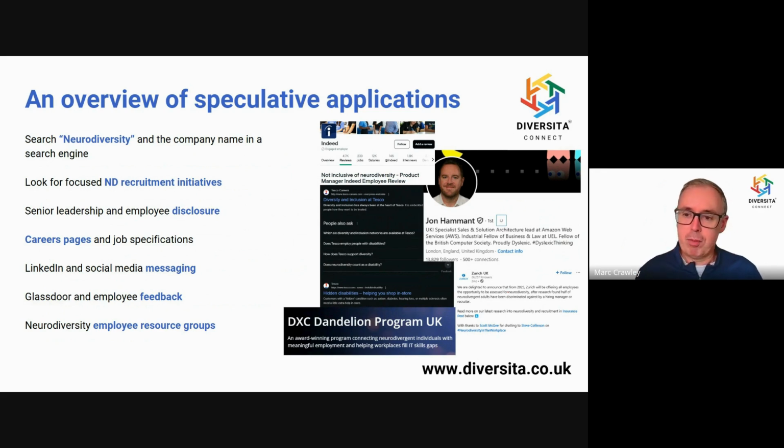But there's a few other examples on the right-hand side now. But what you can do is, say, for example, you desperately want to work for Deutsche Bank. Right, you've seen some stuff in the press, or you've heard about them, you think they're a good organization. So look, let's build up something on how we can build a speculative application. So the first thing we do is search neurodiversity in the company name, look for any neurodiversity recruitment initiatives, look for any senior leadership employee disclosure,